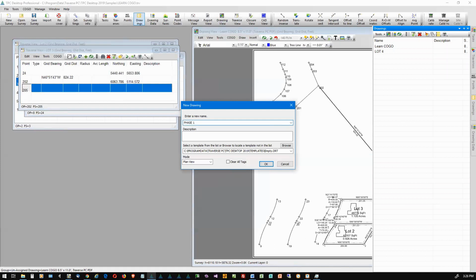So I'm going to name my drawings appropriately so that I can just find them out of a list. When I'm looking for my phase 1 drawing, I can just pick it out of the list very easily. So I've named my drawing, and then I can come down and I can choose a drawing template. Now we provide some drawing templates with the program, but drawing templates are very